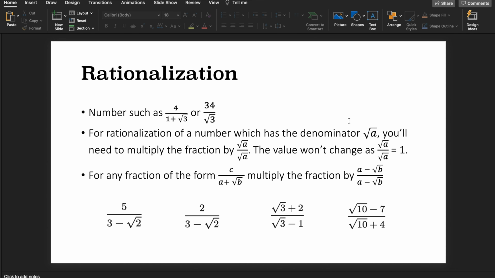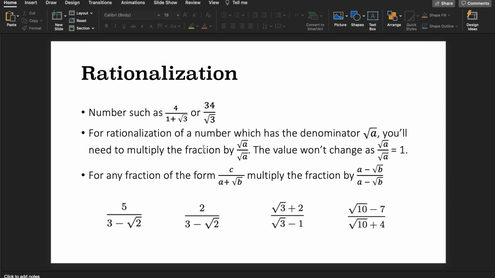Okay, the next topic is called rationalization. A number such as 4 divided by 1 plus square root of 3, or 3/4 divided by square root of 3, needs to be rationalized, meaning the bottom number, the denominator, must be an integer. So, for rationalization of a number which has the denominator square root of a, you'll need to multiply the